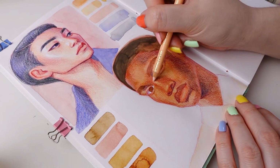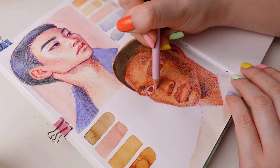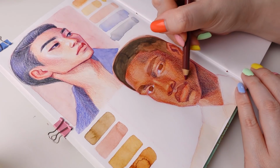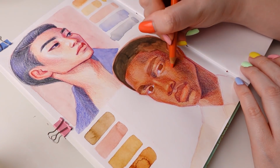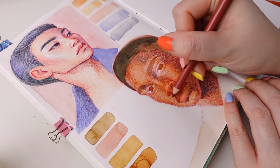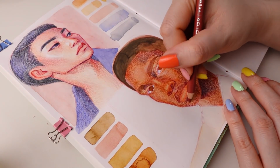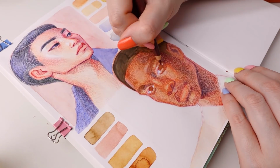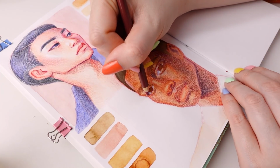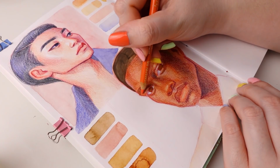And during this past year, while dealing with the pandemic, I have been consuming a lot more media than I have in quite a long time. So I've been watching and reading a lot of new content, but I've also been revisiting lots of old favorites. And so now there is just this humongous list of characters that I really want to draw in my own style. That being said, in order to bring these characters to life in my own way and do them justice, I figured that it was time to go back to the basics and just be better practiced with